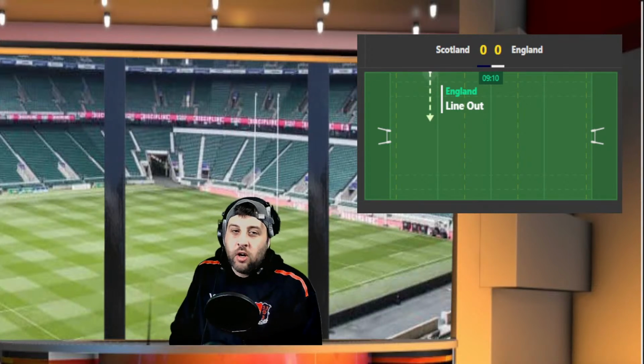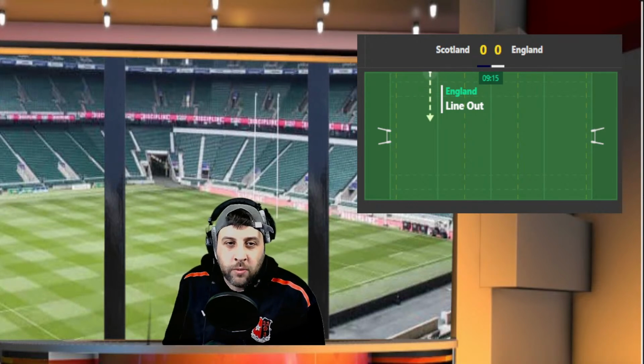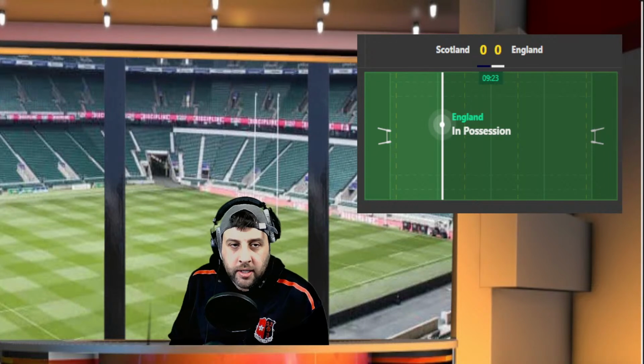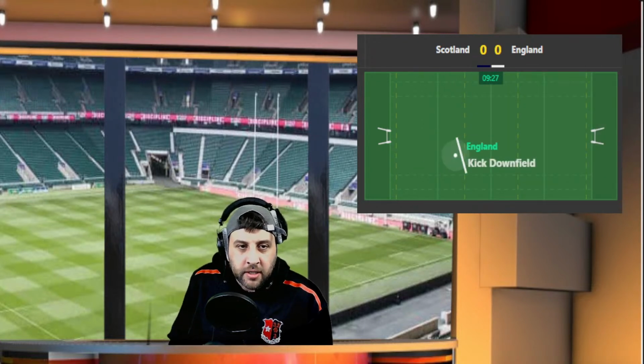Right, so a knock on from England then, and Scotland have it, and they will kick that away downfield. It's a big old kick, but Max Malins is there, and he will run it back all the way up to the Scotland 10. It's a big hit, comes in doubled up